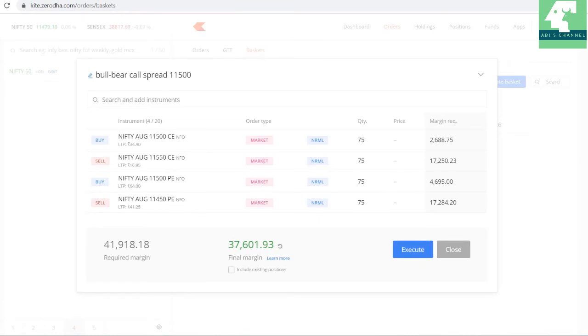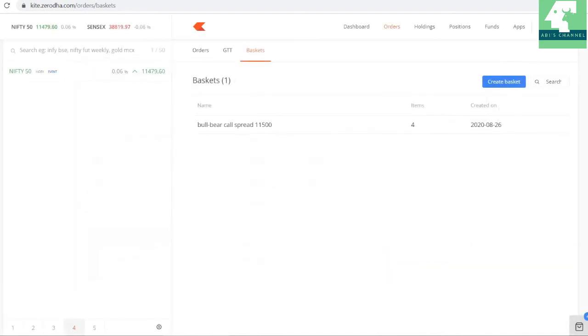Whenever we create the strategies, you can create them at any point of time in these basket orders. If you click the close button, whatever you have created, the positions will be saved here. It's not mandatory to create it at the time of execution. You can create it beforehand, so that when you are trading you will be able to execute it immediately, instead of creating the positions, adding them into the basket and then executing at the same time. Instead, create these basket positions before you start the trading session, so that it will be easy for you to execute at any point of time.